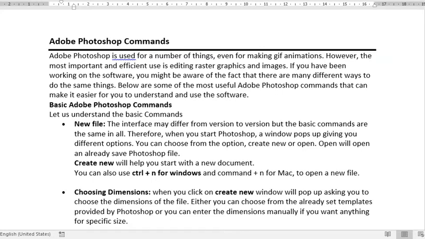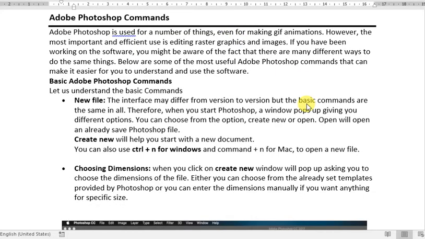Photoshop has a variety of tools and features that is used for editing the photographs. So let us understand the basic commands used in Photoshop.